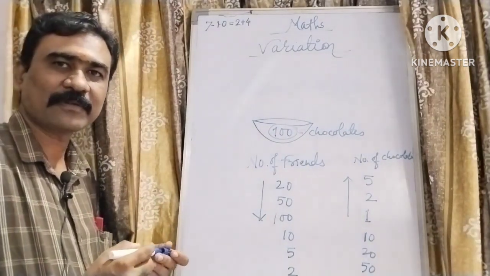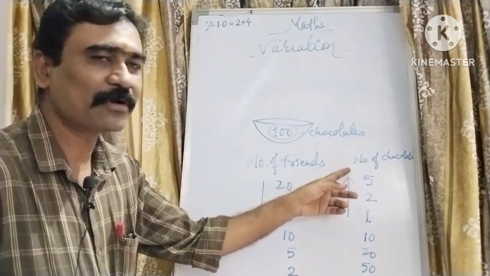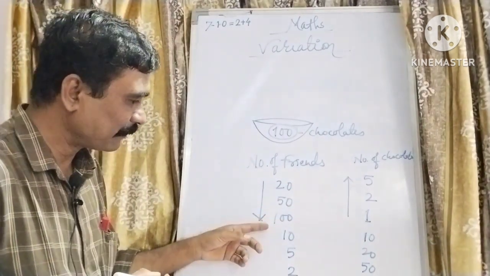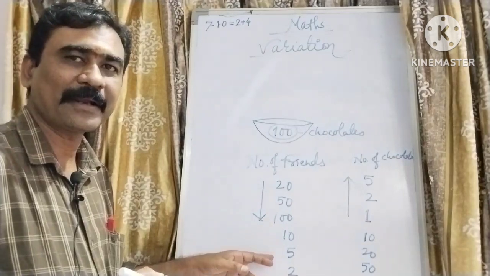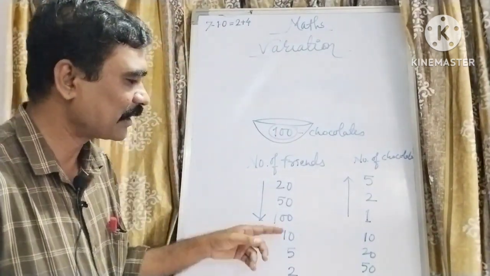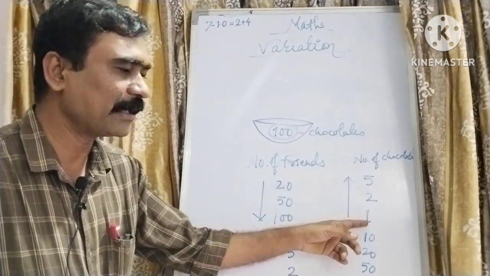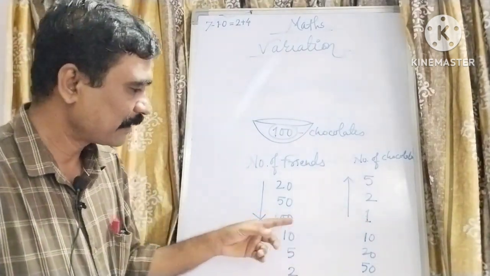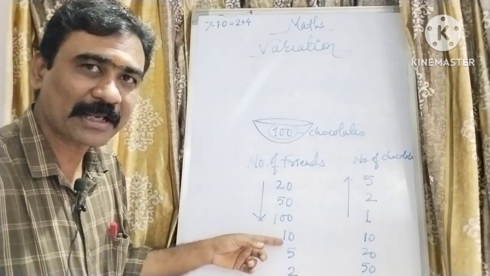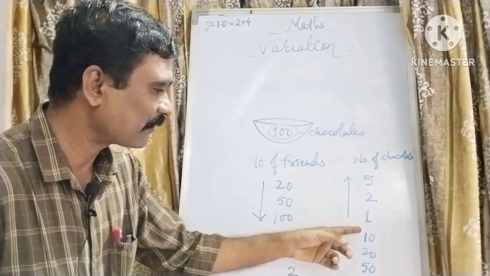If we increase the number of friends, the number of chocolates decreases. If we decrease the number of friends, the number of chocolates will increase. See here, with 100 friends, each will get one chocolate. Now I decrease the number of friends from 100 to 10, then the number of chocolates increases from 1